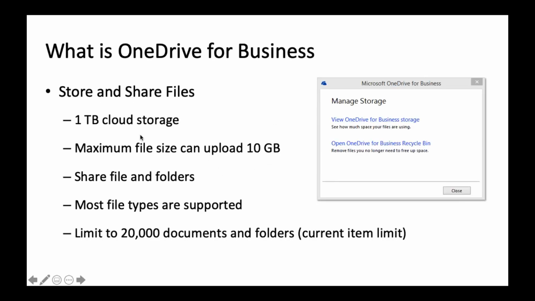By default, the plan starts with 1 terabyte of cloud storage per user. It goes up to 5 and to 10 terabytes depending on the plan you're in. So if you have enterprise, you're probably going to get 5 terabytes. Sharing files and folders: keep in mind if you have over 20,000 documents, you have to create a new folder. You can't store anything over 25,000 in a folder, you need to create a new folder, otherwise it'll max out.